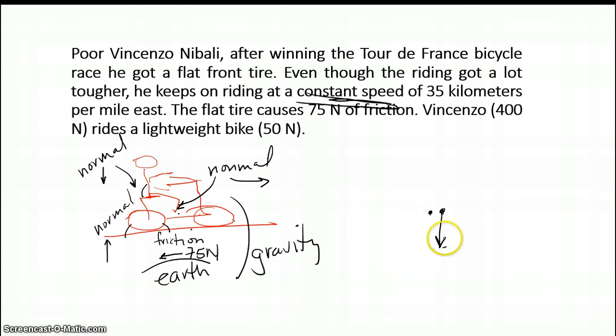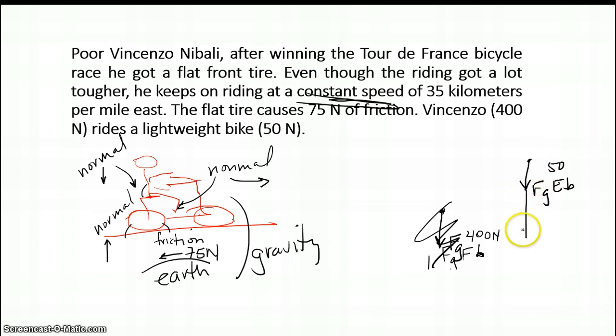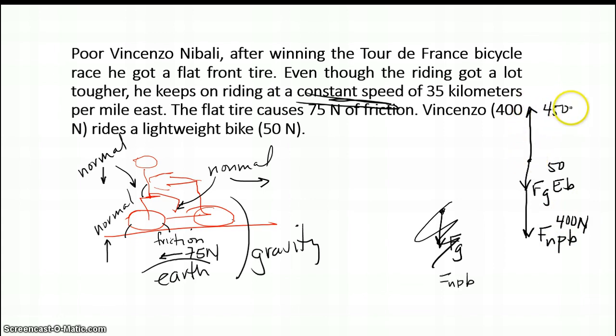Okay, so based on the bike, we know we have a gravitational force. Oh, it seems to be redoing this, so we'll just go like this. So we have a gravitational force of 50 newtons between the Earth and the bike. So that's 50 newtons. I then have Vincenzo applying a normal force on the bike, so that's the person on the bike, with 400 newtons. We have an upward force, the normal force being the sum of that, 450 newtons of Fn force between the ground and the bike. And then I also know that I have a frictional force of 75 newtons,